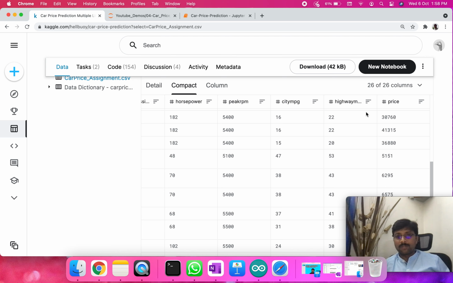Now, it might look simple. Yes, it is a simple problem to begin with, but it is going to introduce you to all the techniques that we will use to build this model. More importantly, before building a machine learning model, we do various activities like data exploration and data visualization, data cleaning, data pre-processing. These are all the stages where data scientists spend a lot of their time before a machine learning model is built. We will look at all those stages and understand them step by step.